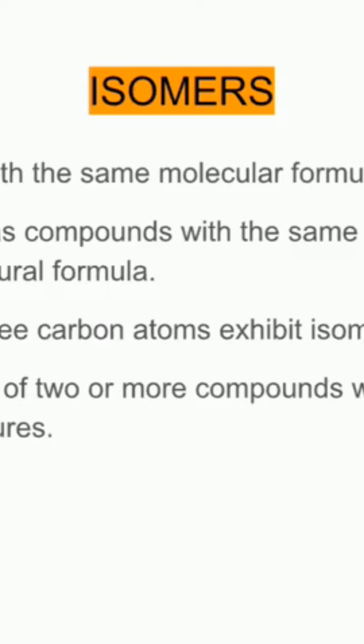We can also define isomers as compounds with the same number of atoms of each element but different structural formula. This also qualifies to be correct because when we look at the definition of the molecular formula, it shows simply how many atoms are in each element. We may have C